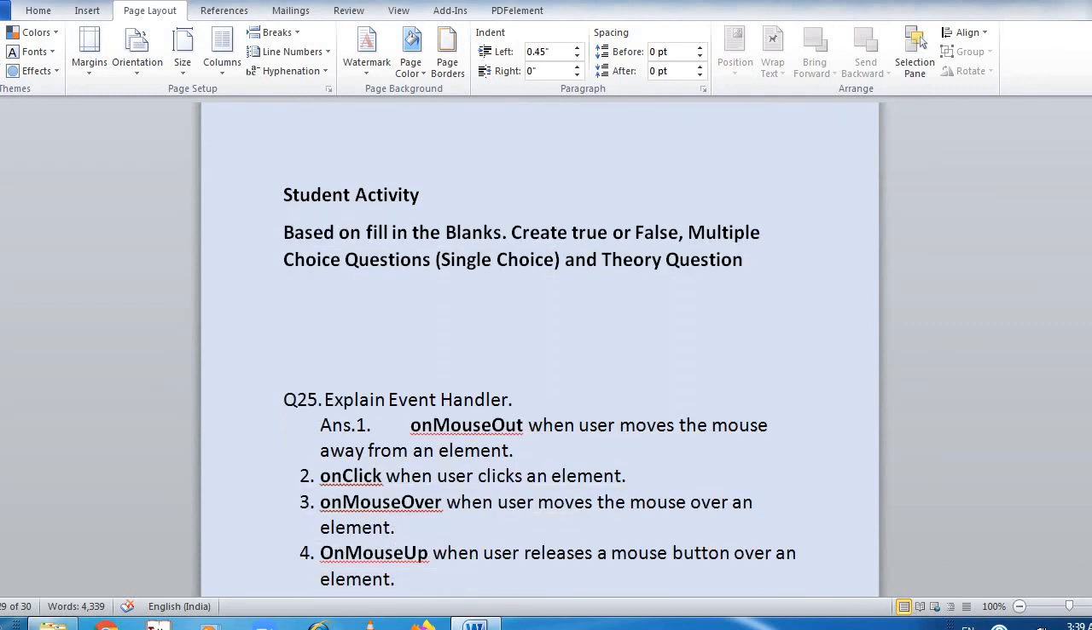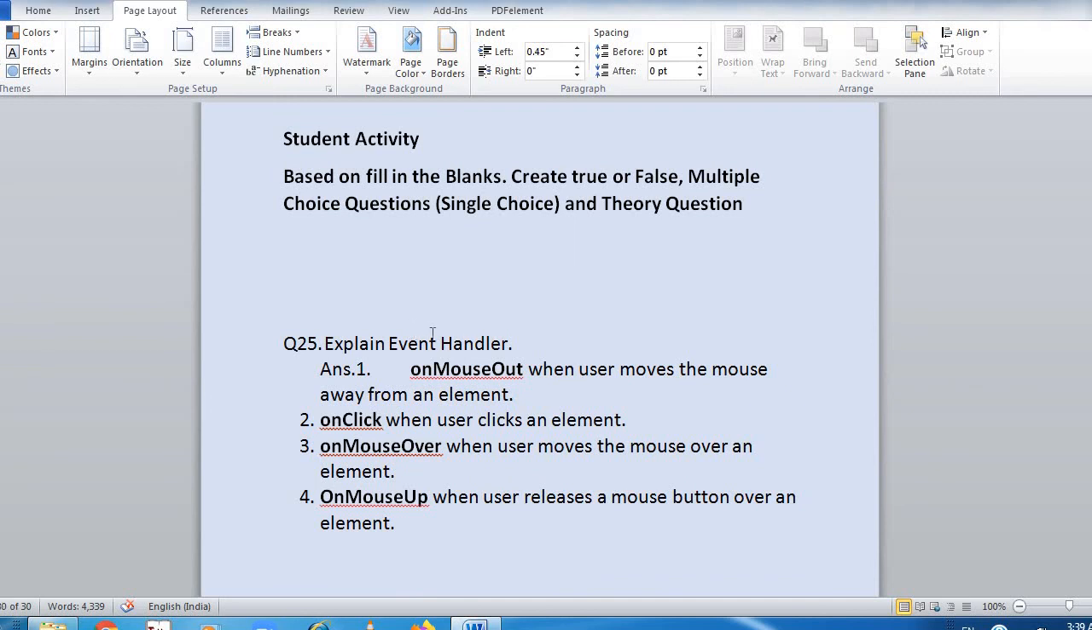Student activity and the last question for the chapter. Explain event handler. onmouseout when user moves the mouse away from an element. When the user moves the mouse away, which event handler has been used? onmouseout. onclick when user clicks an element. When user clicks any element, which event handler has been used? onclick. onmouseover when user moves the mouse over an element. When the user moves the mouse over an element, onmouseover has been used. And onmouseup when user releases a mouse button